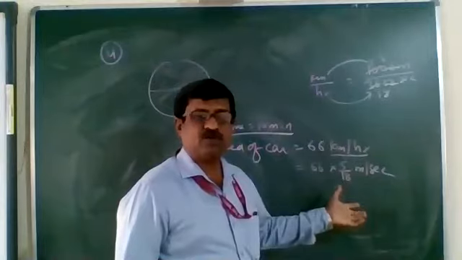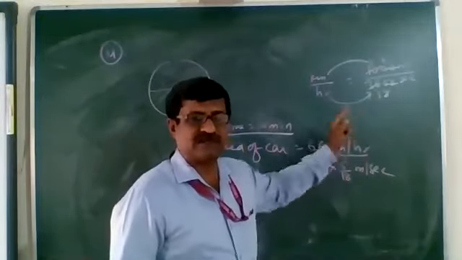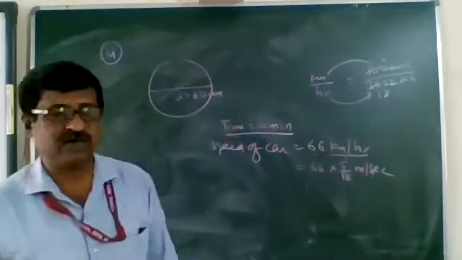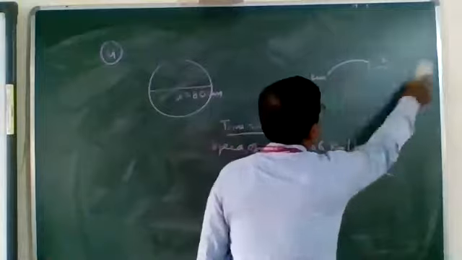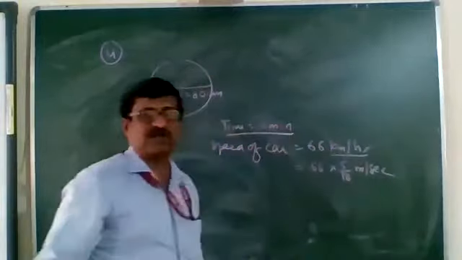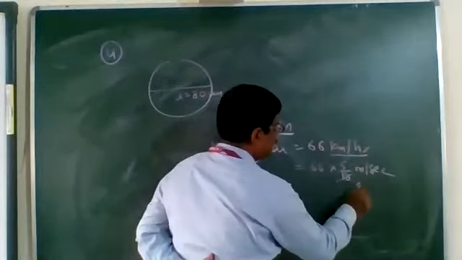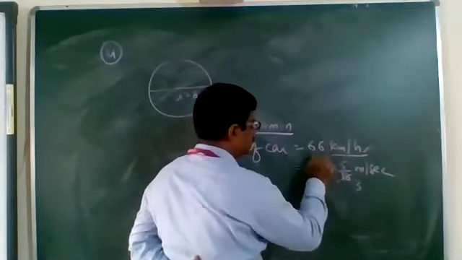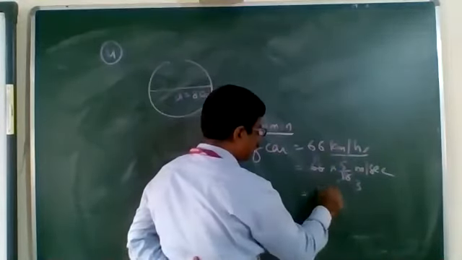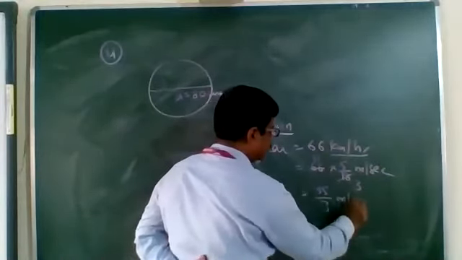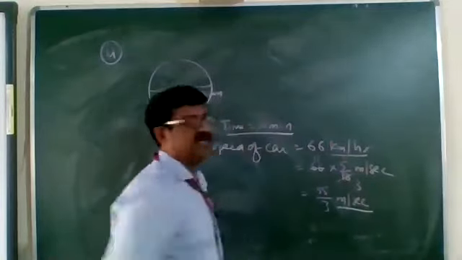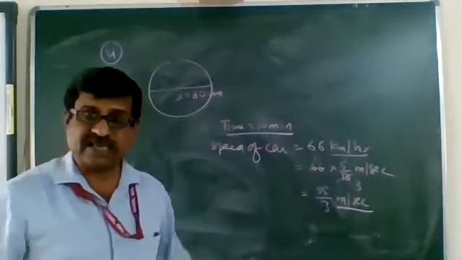Directly, if you want, you can do it. If you want, you can do it step by step if you are having difficulty. In physics, you have learned in class 9 how to convert kilometer per hour into meter per second. Therefore, in short, we have done this. Now, this is divisible by 5, 6 3s are 18, 11 times... We got 55 by 3 meter per second. It has been converted into meter per second.